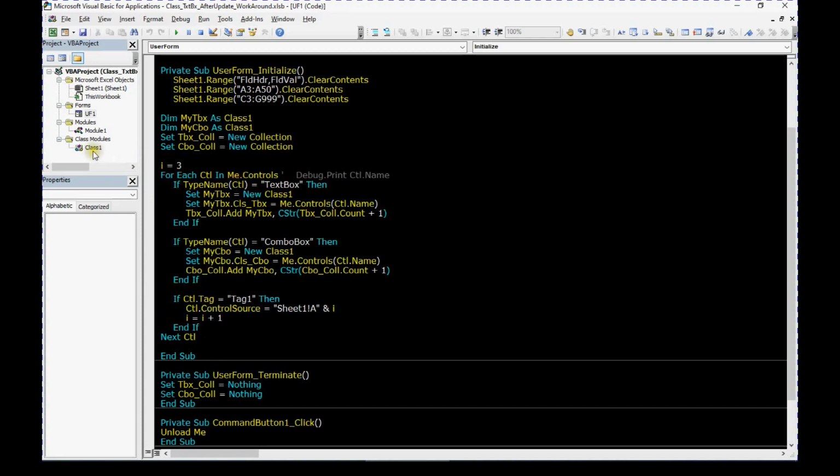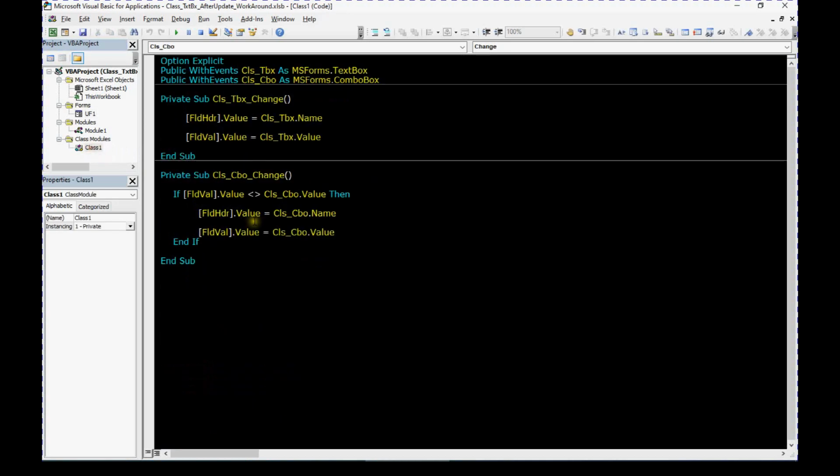So let's go into the class module. In the class module, we declare two events, class tbx as text box and class cbo as combo box. In class tbx underscore change, the change event of the text box, we capture the range field header dot value as the class tbx dot name, meaning the name of the control.